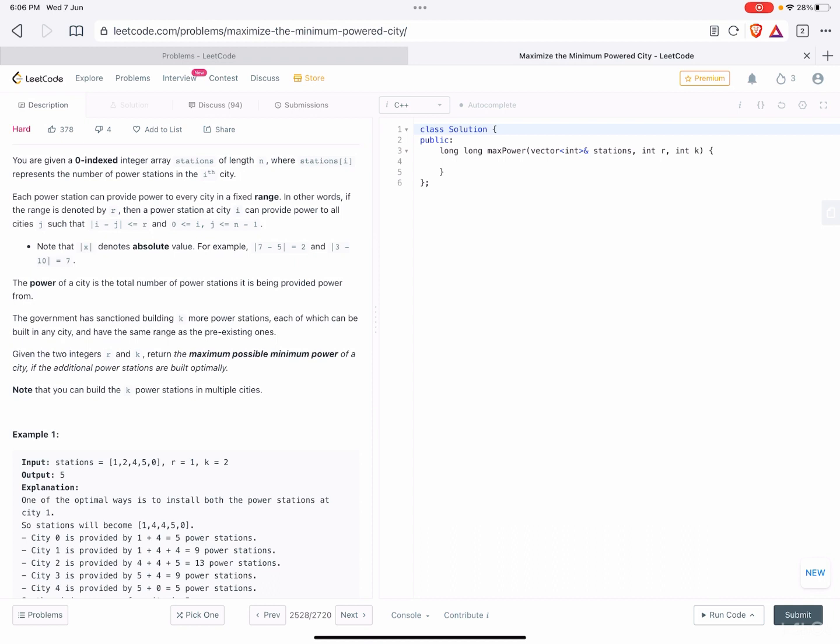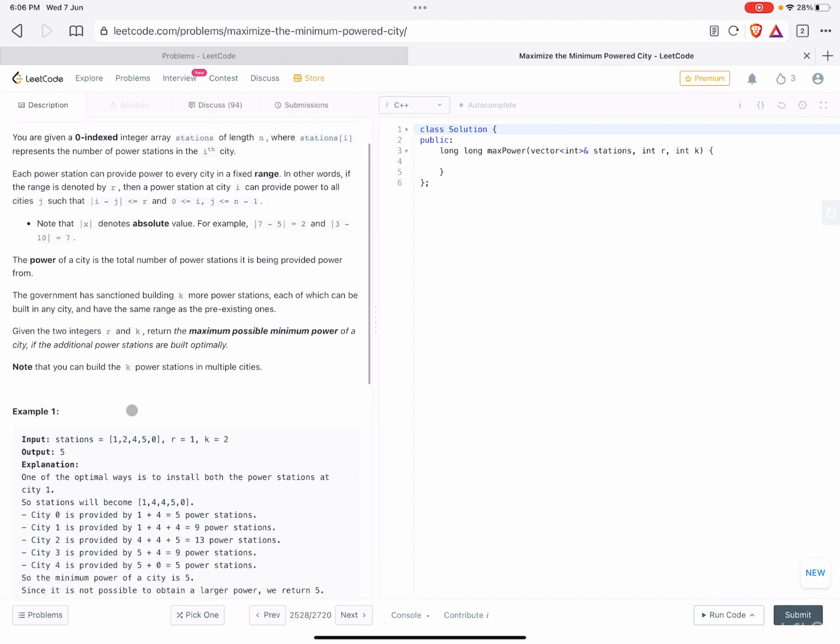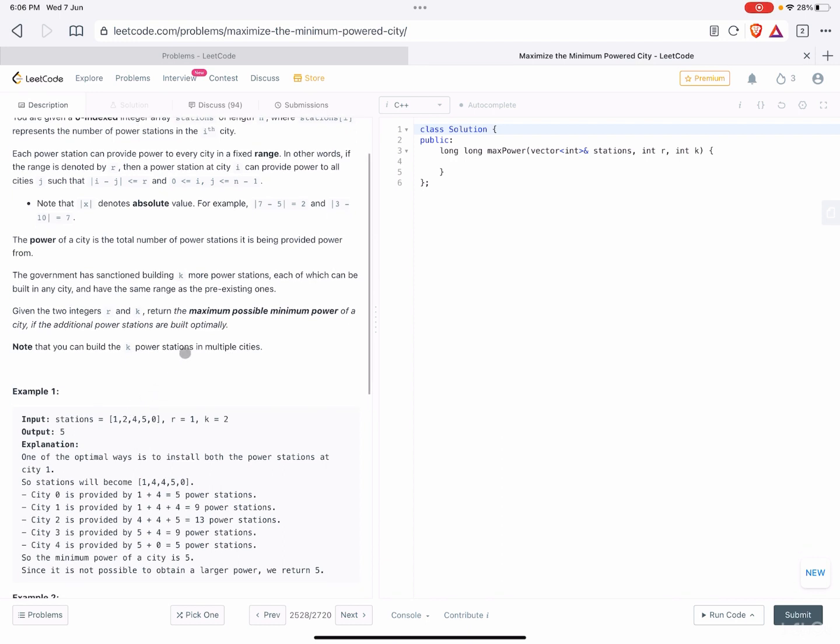So looking at this problem, it looks like a binary search problem, because whenever there are terms like maximum possible minimum power, we can use binary search to find the minimum power.